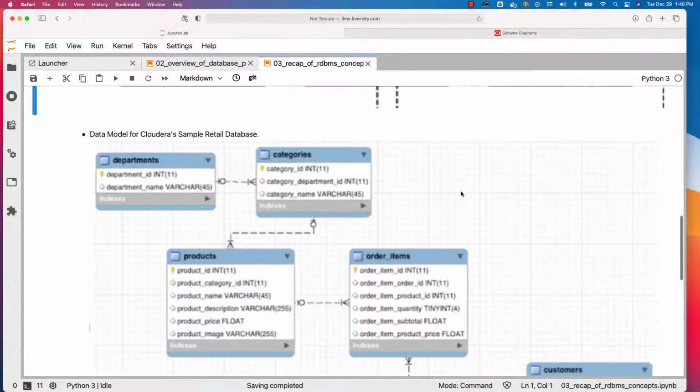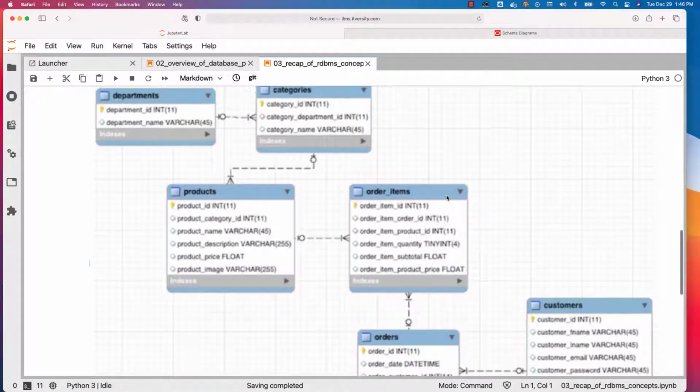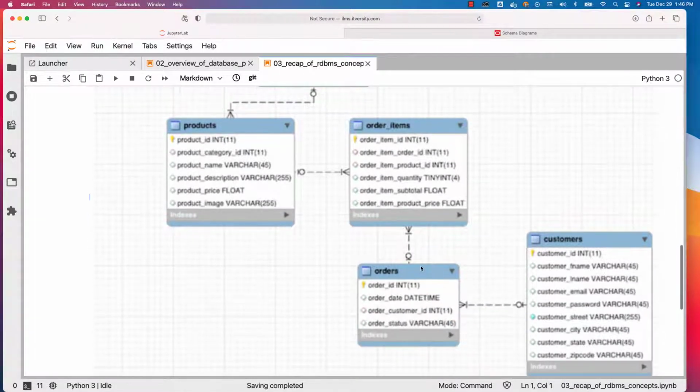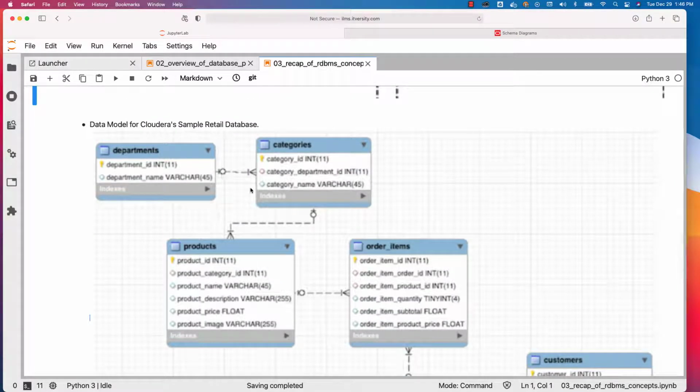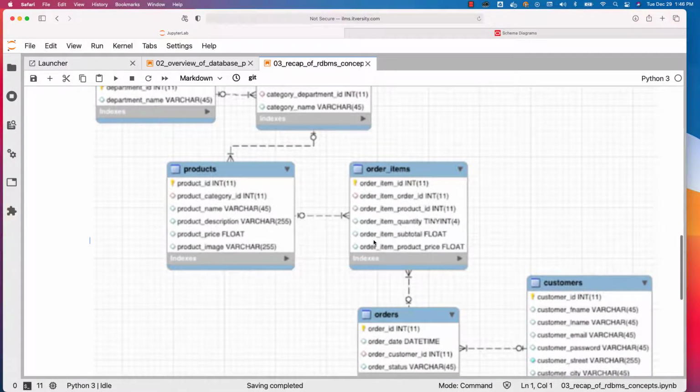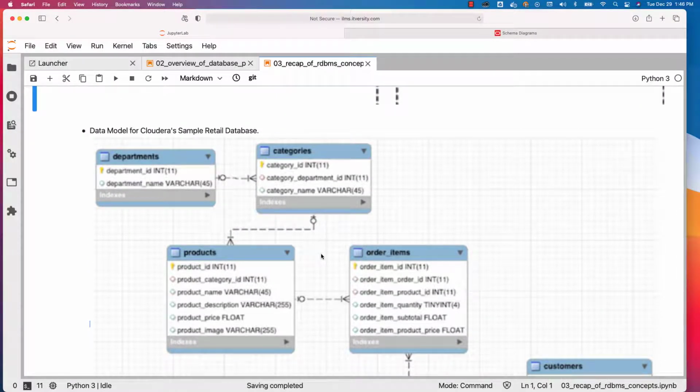Now, if you go to the retail data model, you can categorize these tables into transactional tables and master data tables. Orders and order items are transactional tables. Whenever you purchase on an e-commerce platform, an order is placed, and each order will contain order items, which means in each and every transaction, these two tables are typically touched. Whereas products, categories, and departments are not touched as frequently as orders and order items, because on a small e-commerce platform where there can be 100 to 150 products, you will not be updating your product catalog that often. They are pretty much static. That's why these are called master data tables.